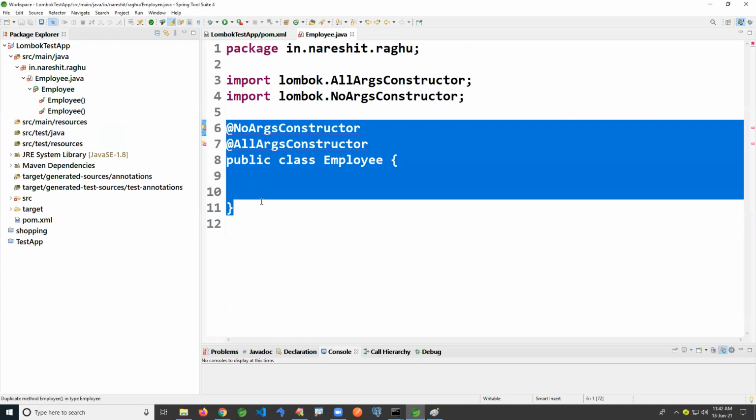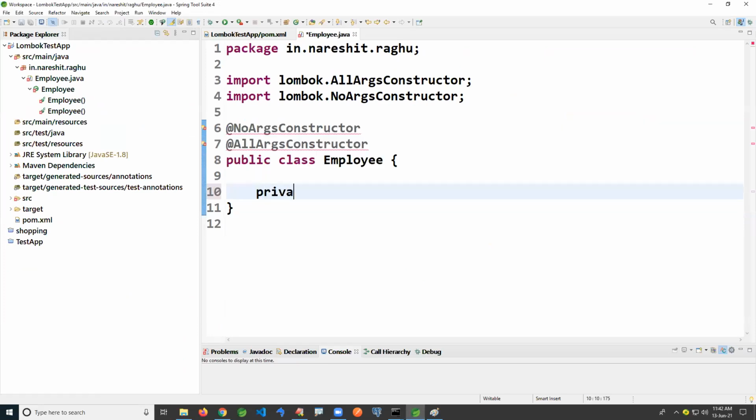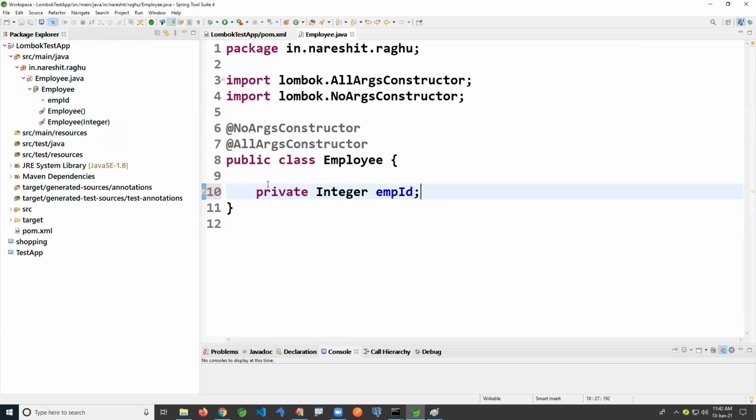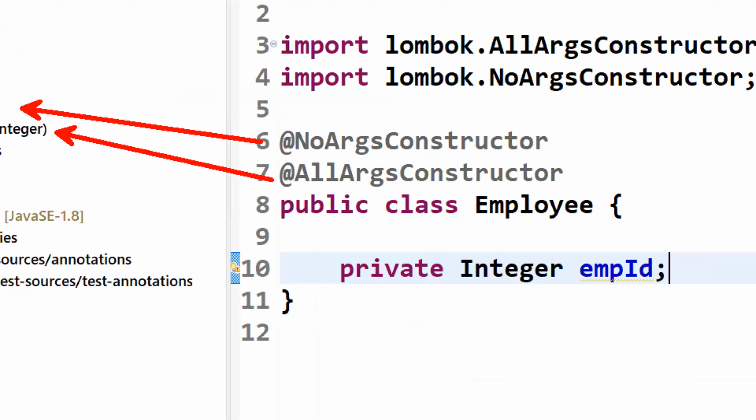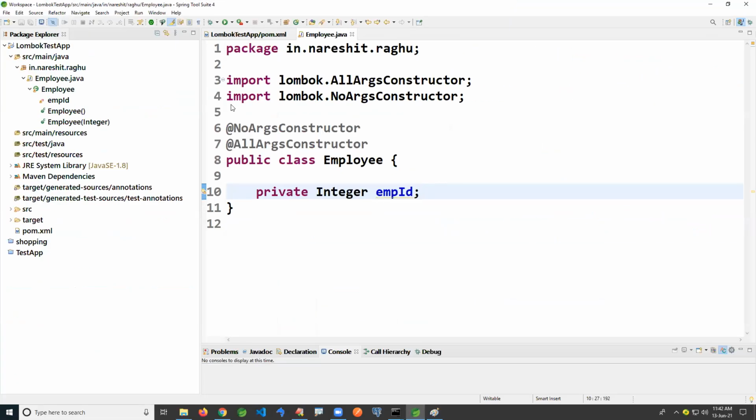That's the error case. For example, if I write one variable, private Integer empId, then there is no error. One annotation is generating the default constructor, and the second, since you are using it with a variable, generates a one-parameter constructor. So remember, Lombok is just doing code generation. The point again I want to say: Lombok is just doing code generation.